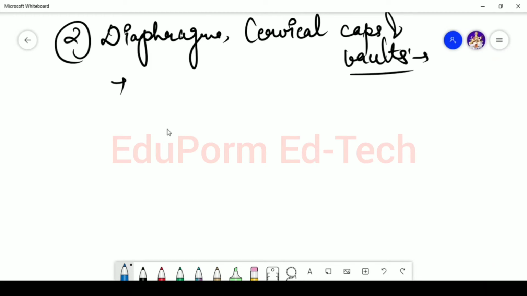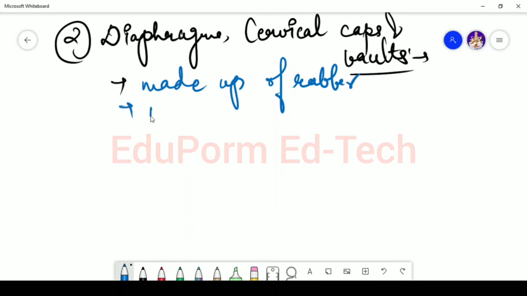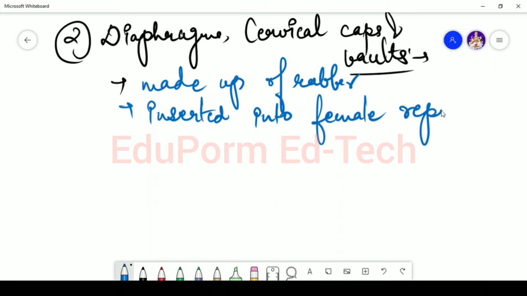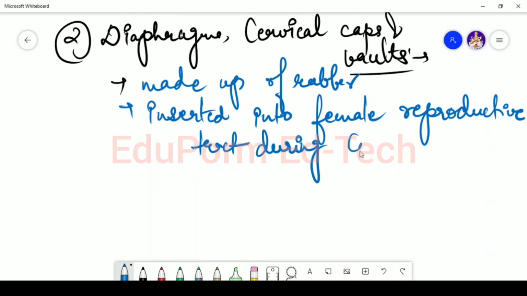So these are again the barriers which are made up of rubber, inserted into female reproductive tract during coitus. Okay,